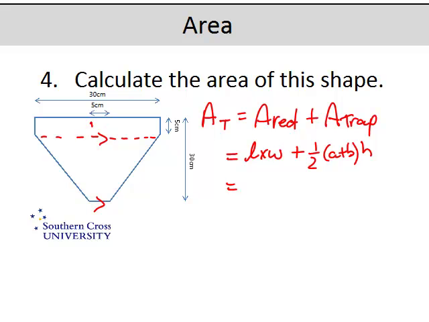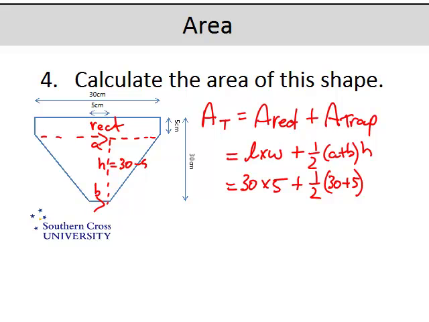So in the rectangle up the top here, we know that the length is 30 and we know that the width is 5. Now in the trapezium, our a and our b sides are 30 and 5 times by the height. Now this is the height here, and that is equal to 30 take away 5, which is equal to 25 centimetres. So that's going to be 25. So that's 150 plus,